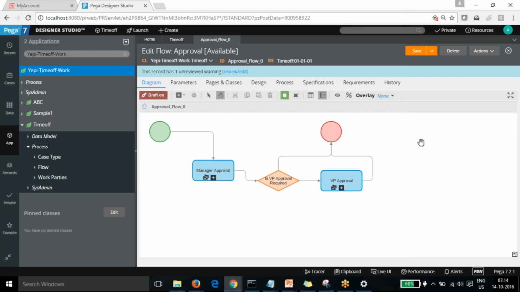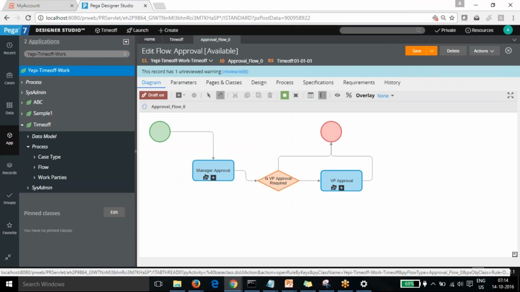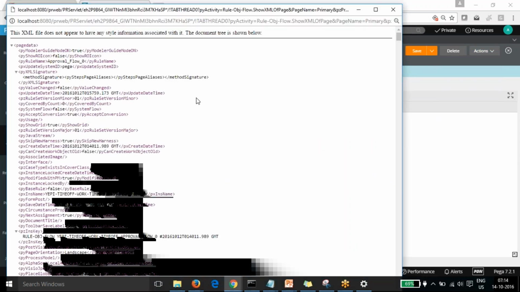Because it's using a lot of features within it. So the various code is regenerated to provide the features. And if you want to see the XML, it will give you the name of the rule and some of the basic features of this rule, which get saved in XML format.